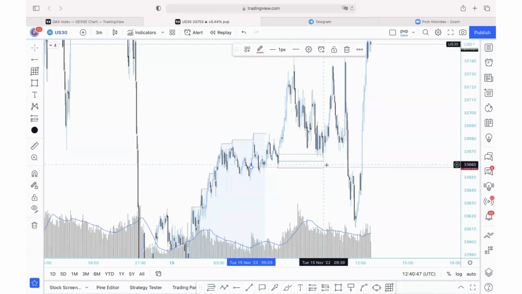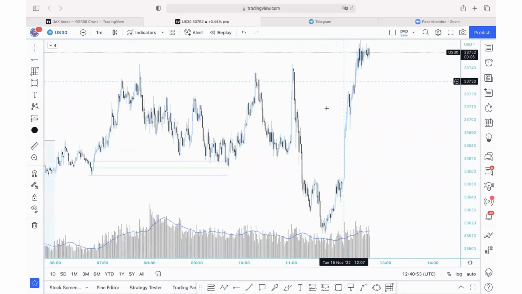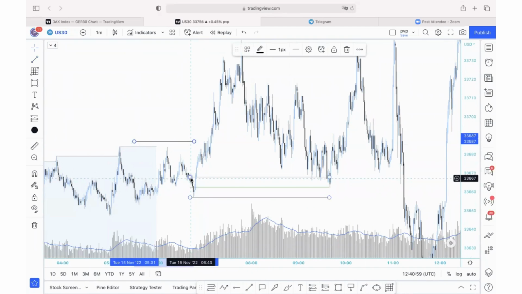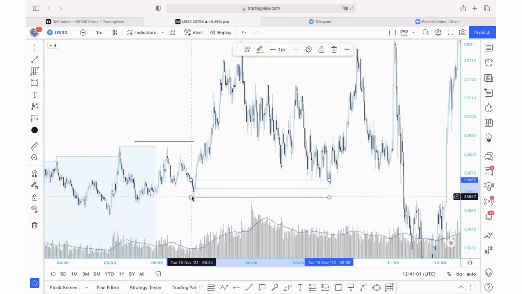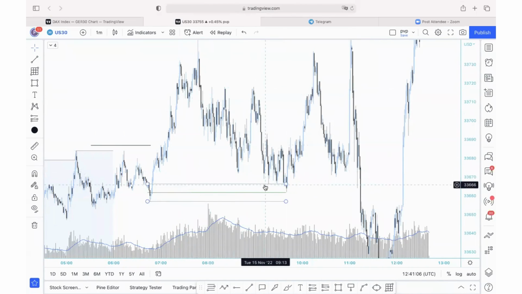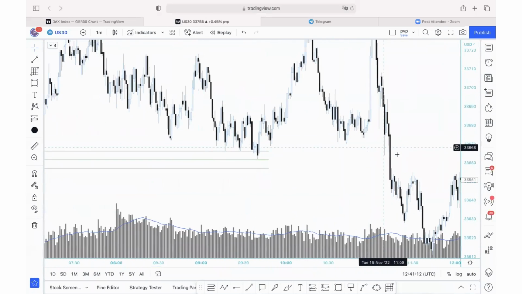So we go above, we come back to the daily opening price, and I was looking for buys. Why was I looking for buys? Let's go to the 1 minute. On the 1 minute, we can clearly see that we have this break of structure to the upside. This is a very clear demand which left imbalance, and we slowly came back to the demand. Now, once we reached it, I was looking for buys. I was looking for confirmation.